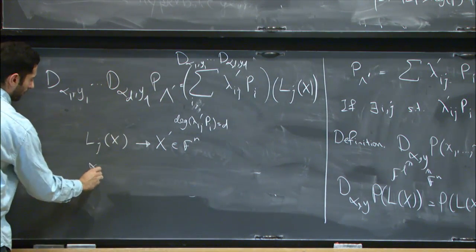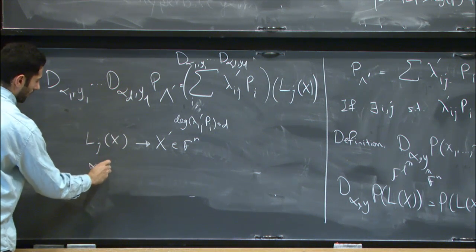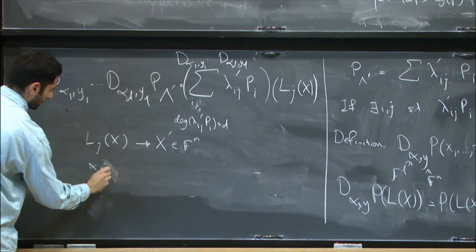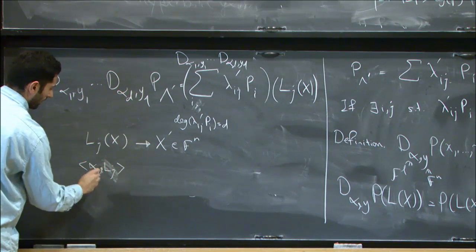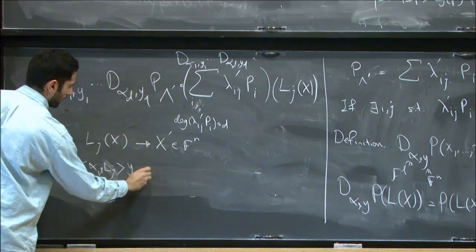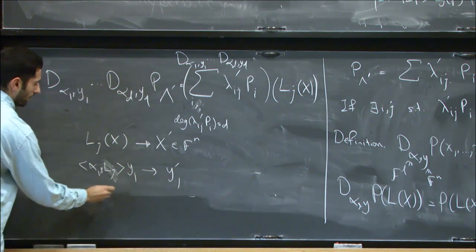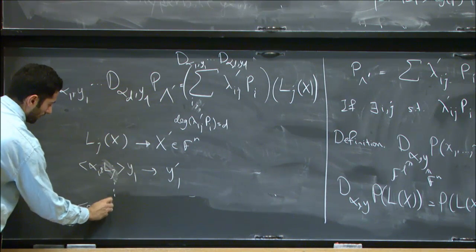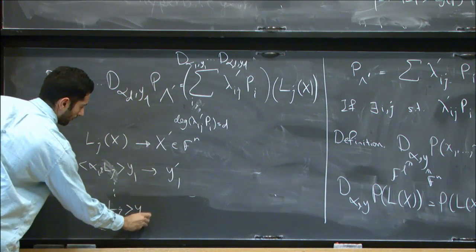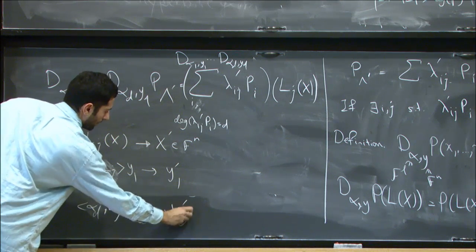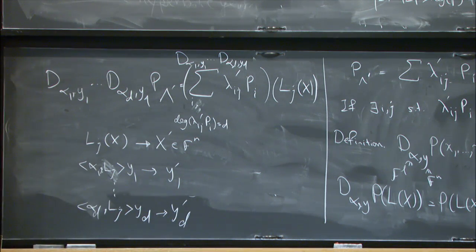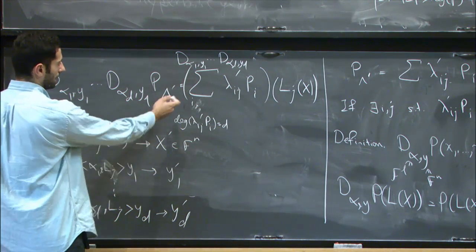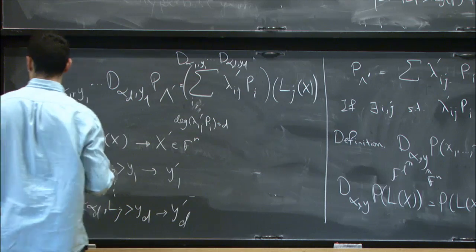And I can think of alpha 1 y1 as just some y prime 1, alpha d Lj yd to be just y prime d. So what I mean by this is the following. If I take the expected value of the exponent of this guy,